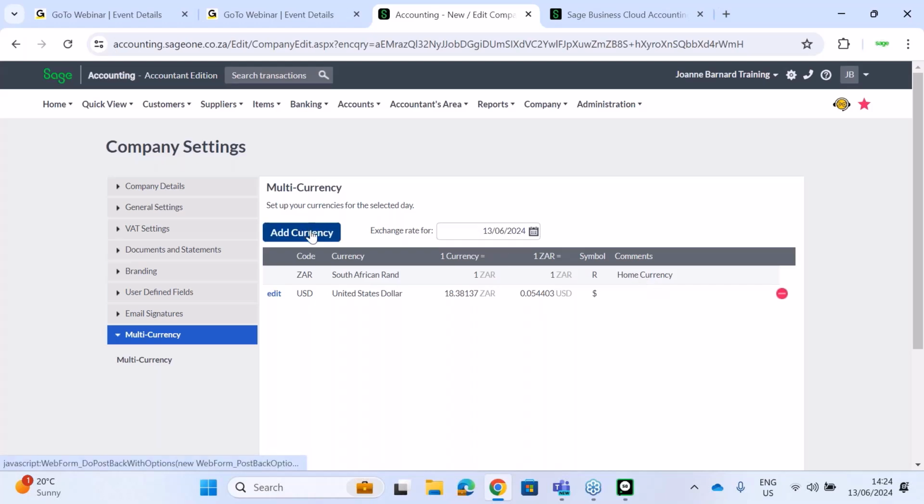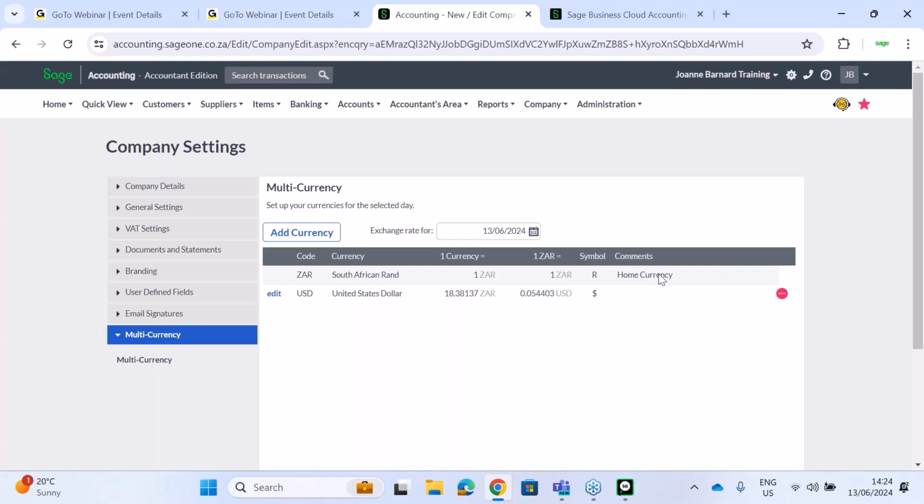So what a lot of people do is they tick to use multi-currency and then they'll set up US dollars because they'll think, oh, I'm setting up my first multi-currency. Please don't do that. The first currency is your home currency. It literally asks you, is this your home currency or what is your home currency? Please make sure that you check that and read very carefully, because the moment you've set that, in Sage Accounting,